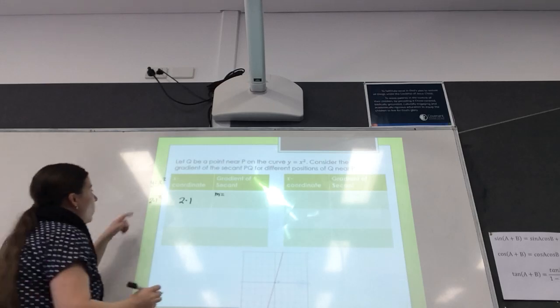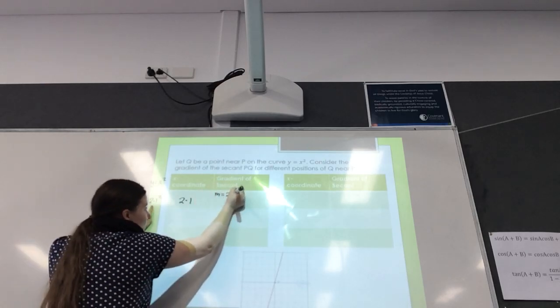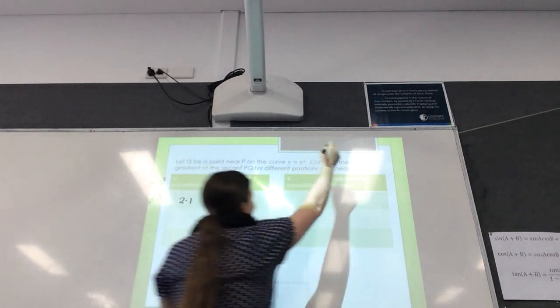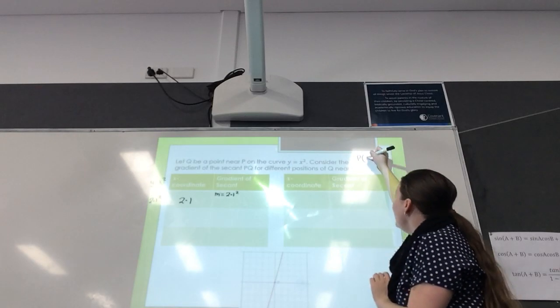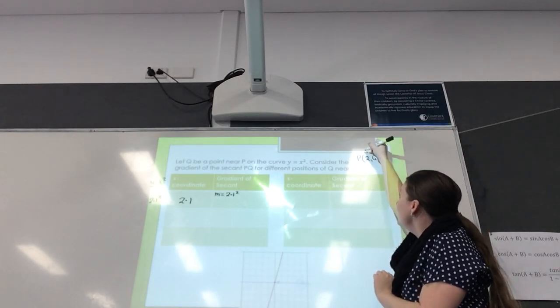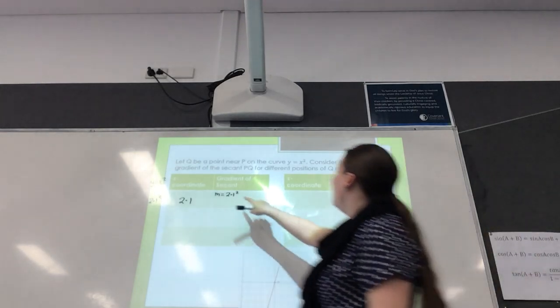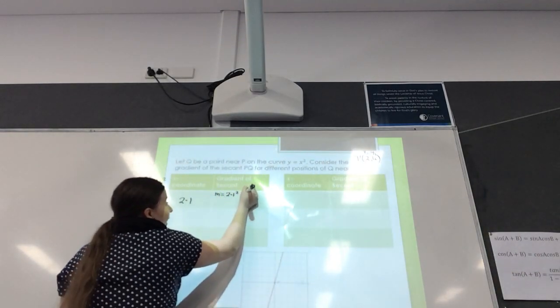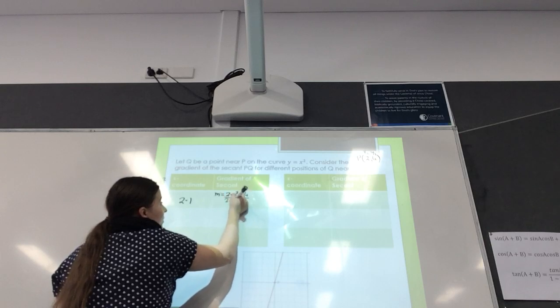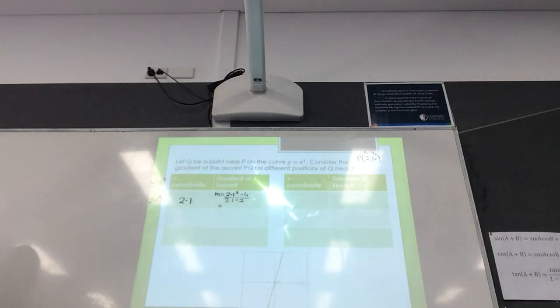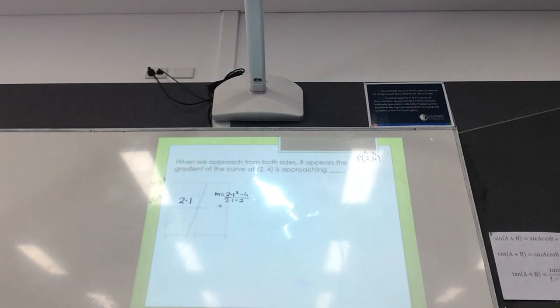So my y2 is 2.1 squared. Now remember my point P is the point (2, 4), so that's my x1 and y1. So I've got y2 minus y1 over x2 minus x1 is 2. And if we calculate that,